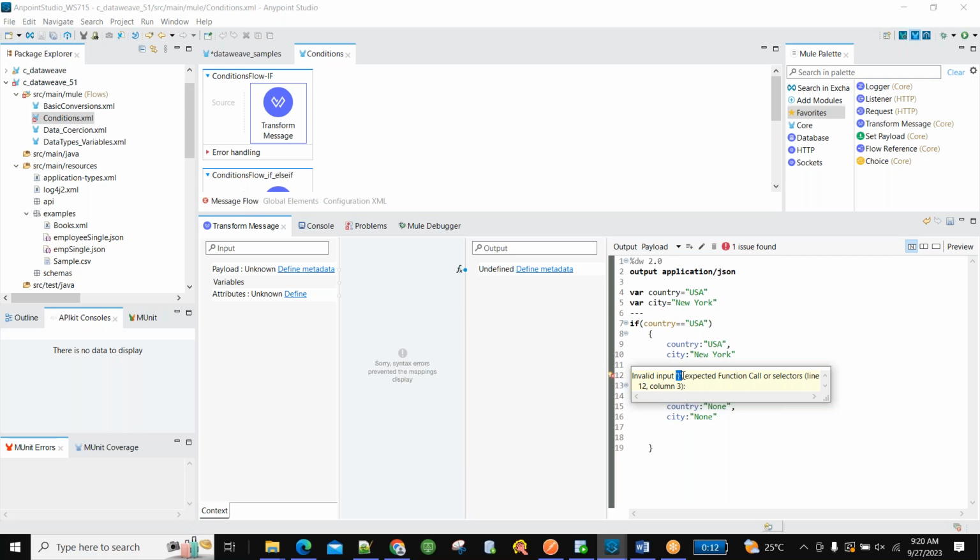By seeing this only, you are able to see. If you see this alone, you will understand like this is expected, but to be frank we have written an extra one. So sometimes the error message will confuse us. That understanding will come when we are working very close with the project. If you are working multiple times, you will understand.